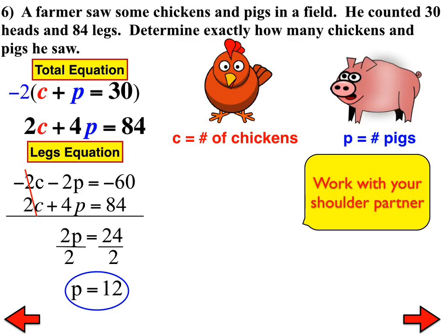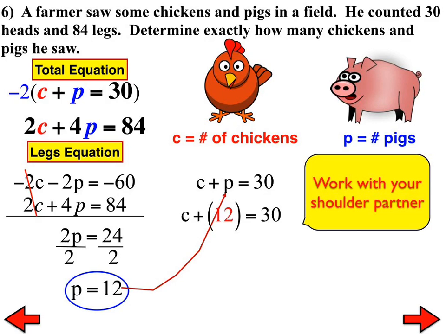And now I know that there are 30 animals altogether. So if I take that and subtract it from 30, I end up with 18 chickens. Now, the quick check. There are 30 heads altogether. You can see from 12 and 18 there are 30. If I take and now figure out the legs,